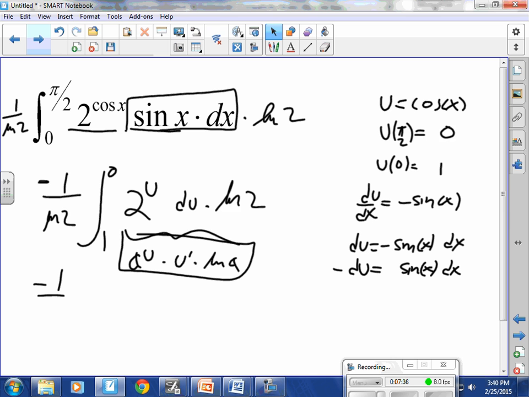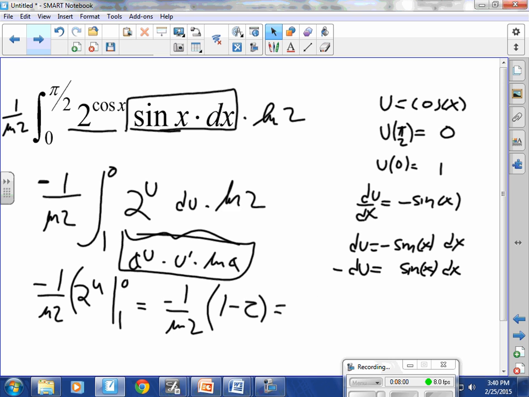So the negative 1 over ln 2 comes with. The antiderivative of a to the u prime ln a is simply a to the u, and it will go from 0 to 1. So I end up with negative 1 over ln 2. 2 to the 0 is 1. 2 to the first is 2. End up with a double negative as my numerator, and we go with 1 over